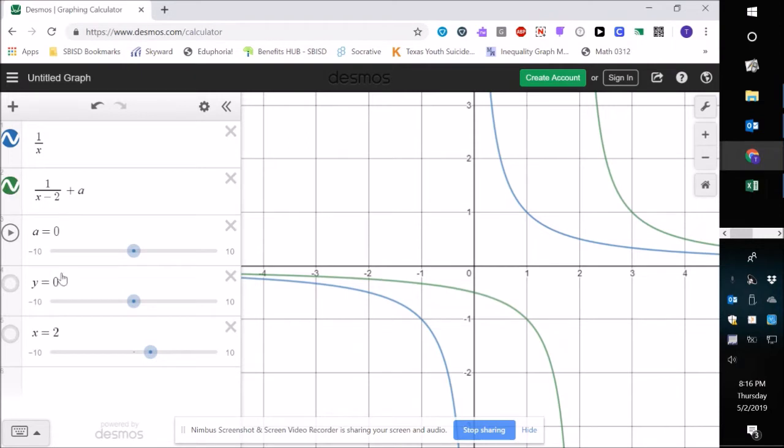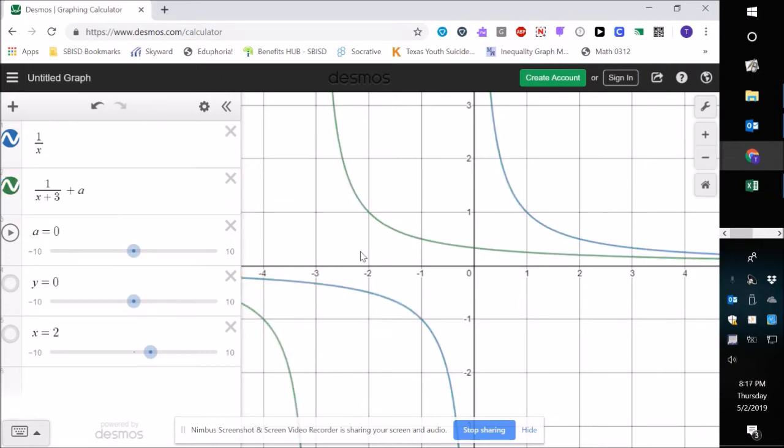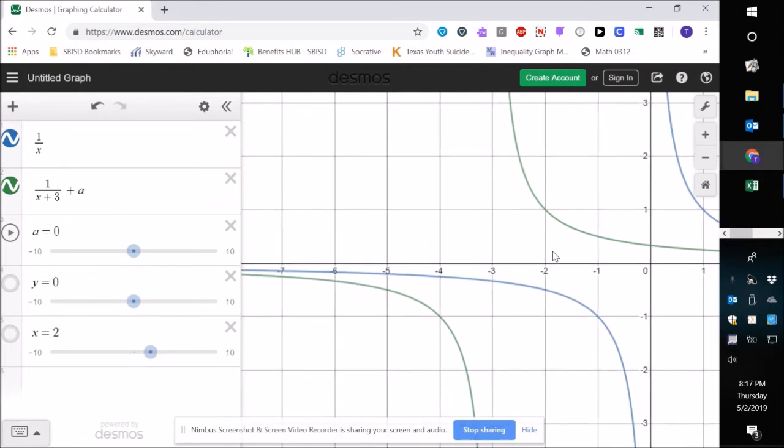So the graph is in green. If you look closely from the blue graph, which is the parent function, 1 over x, and compare it to the green function, 1 over x minus 2, you notice how the blue graph went 2 units to where the green graph is. So if it's x minus 2, that means it's going to shift 2 units to the right. So let's see what happens if we change from minus 2 to plus 3. So let me scoot over with the graph. So if it's x plus 3, we see that from the blue graph to the green, it shifted 3 units